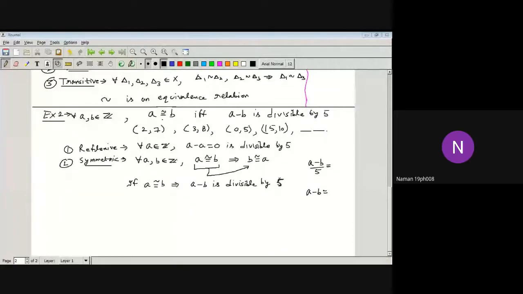आप बताओ कौन से numbers हैं जो 5 से divide हो सकते हैं? सिर्फ 5, 10, 15. It means a minus b इसी टाइप का कोई number होगा ना? Yes sir. तो हम multiple of 5 को कैसे लिखते हैं? Yes, think about this, Naman, right? Yes, Kritish Thakur. Yes, sir.